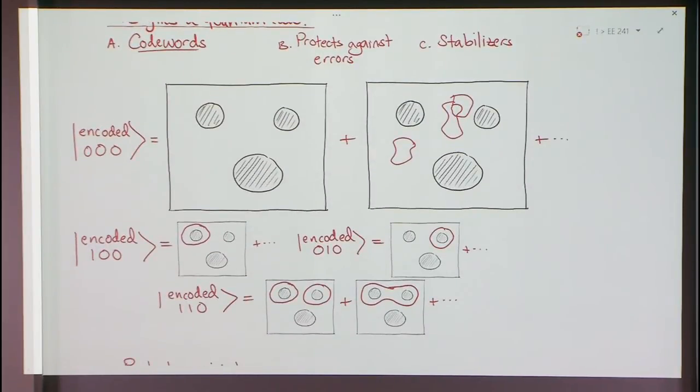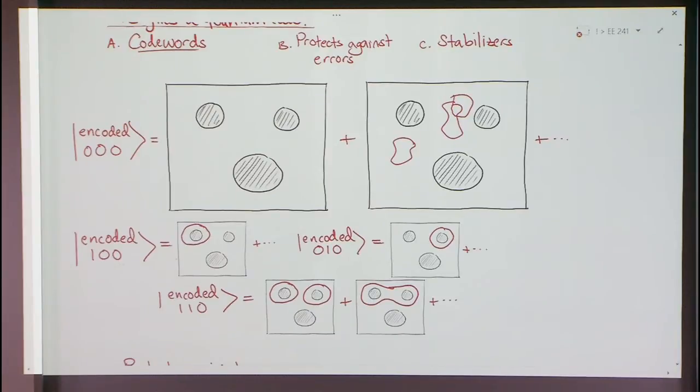To start, the code words are actually quite simple. So say I have 3 holes in my surface, like this. And to be clear, the surface doesn't just have to be a surface with holes. It could be a torus, which is how Kitaev first defined this code, or it could be an arbitrary surface. But for drawing pictures and for physical implementations, a flat plane is pretty simple to work with. So say I do have 3 holes like this. Encoded 0 is just going to be a sum of pictures like so.